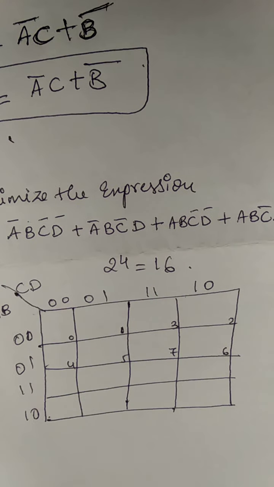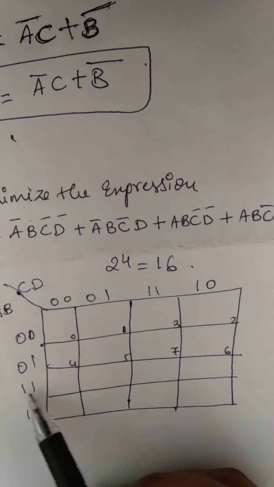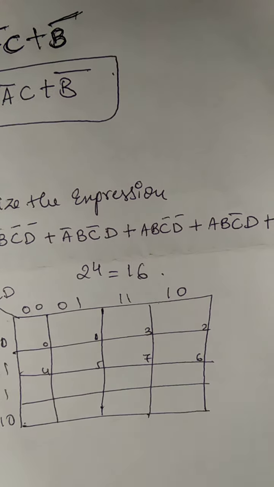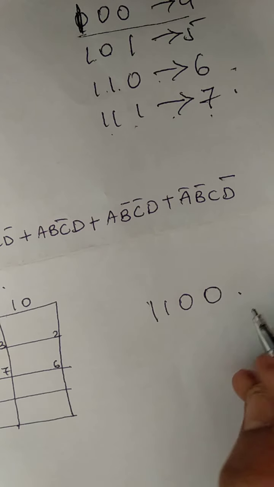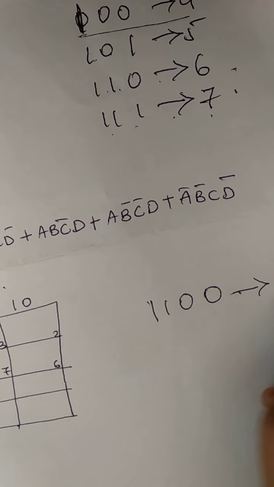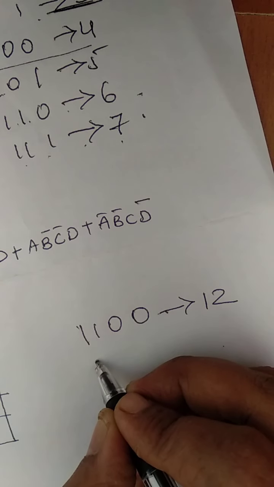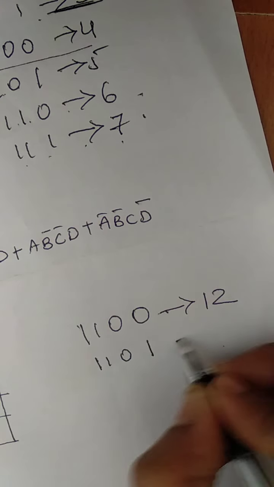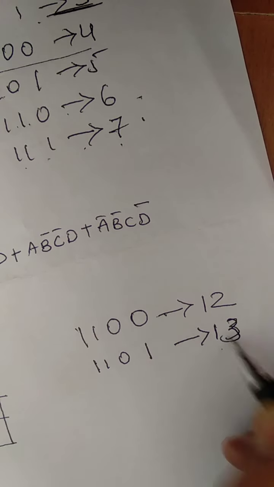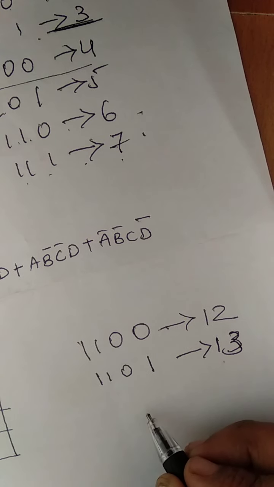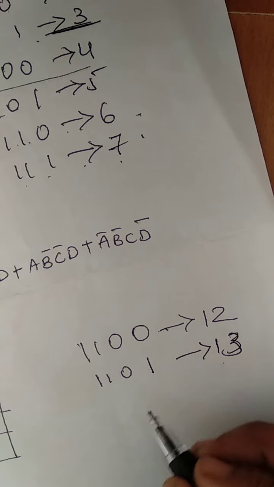7. So next you have to see, next will come 1 1 0 0. So in the binary 1 1 0 0 is nothing but the value of 12. So next 1 1 0 1 13. In binary after 9 will start representing as the value of A, B, C, D. So in K-map don't take those value of A, B, C, D. Take it as 11, 12, 13. Till F, 15 it will come.